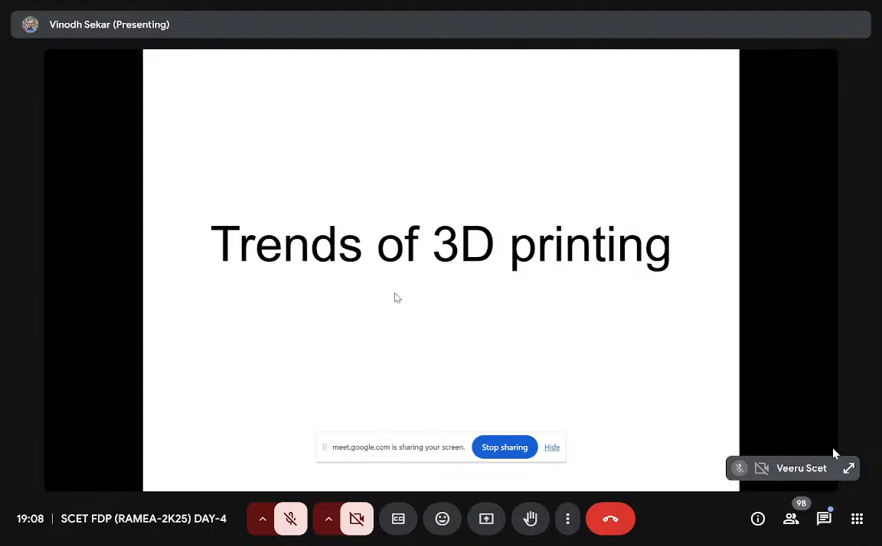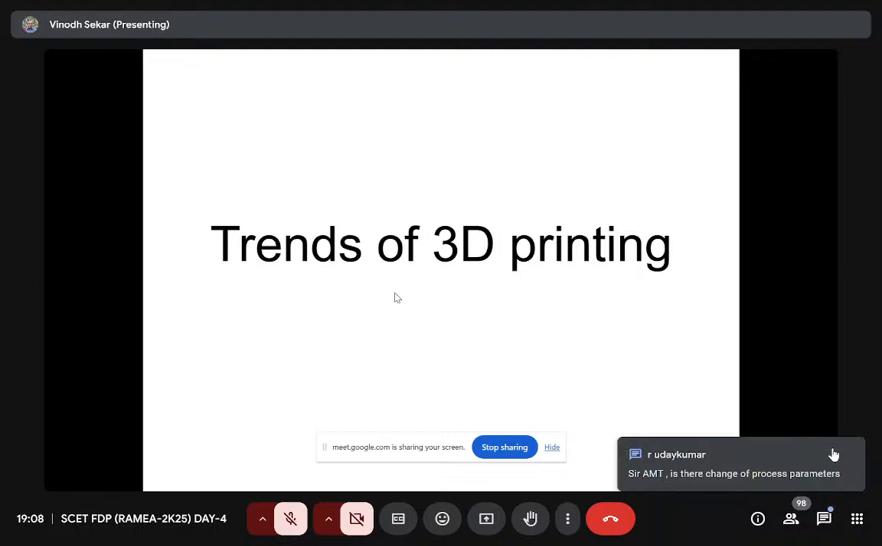Yes. A question from Subramaniam. What are the drawbacks of 3D printing in sustainable manufacturing? Okay. So this